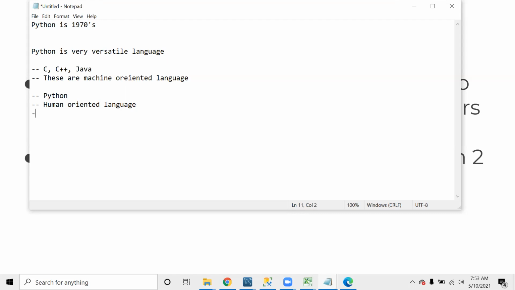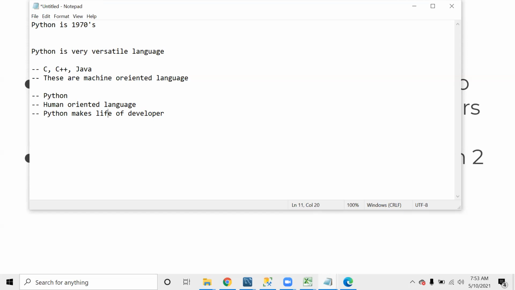So Python makes the life of a developer easy. You write a smaller piece of code and get your job done really quickly. That is why Python is more user friendly, created with the mindset of how people can benefit from it.